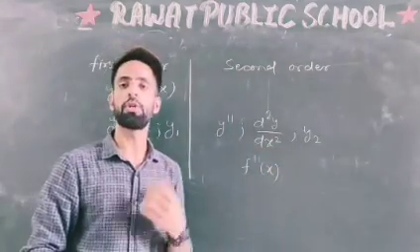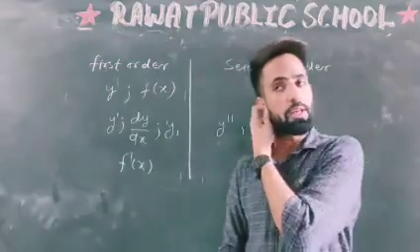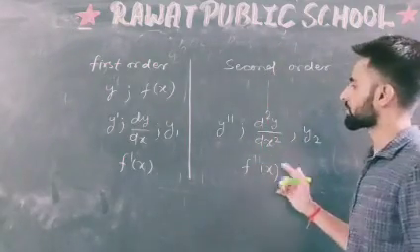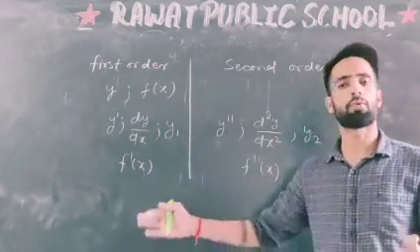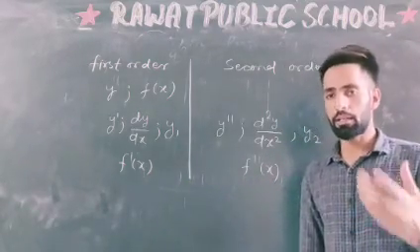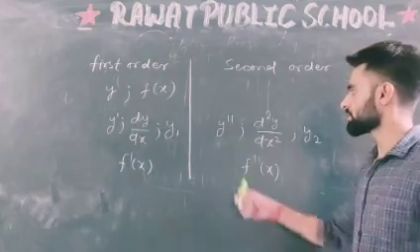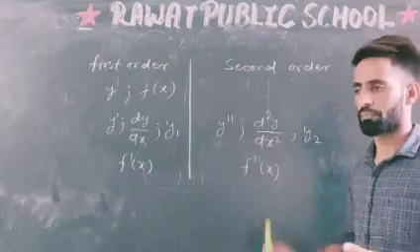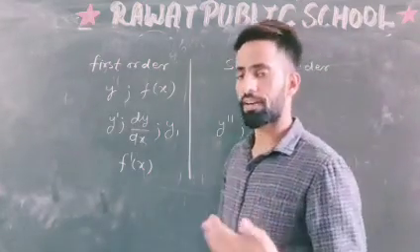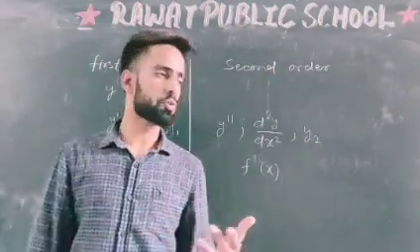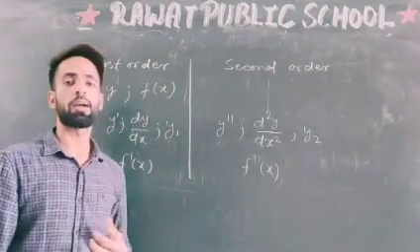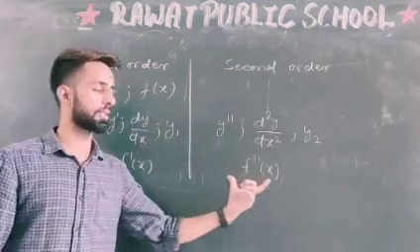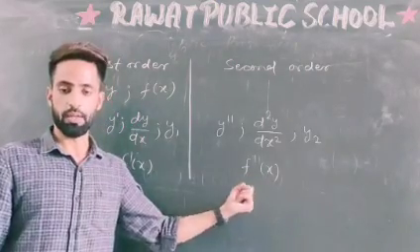So here these four notations are representing the first order derivative, and these four notations are representing the second order derivative. In a question, students, you can see sometimes f double dash x, sometimes y2, sometimes f dash x or y1 or y dash. So you should be clear about what is given to us. If this is given to us, it's a double order derivative. If this is given to us, it is again a double order derivative. In questions we have different notations, so don't get confused with these four notations here. They are representing only one thing, first order derivative, and these four, second order derivative.